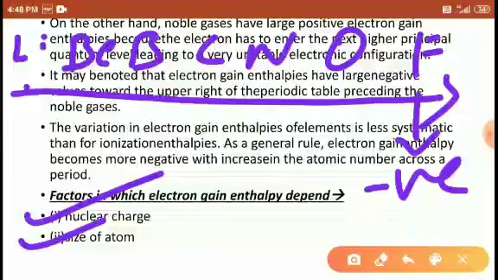The atomic size of fluorine is very small because electrons are present in the same shell as the protons increase. Once again, electrons are present in the same shell as the protons increase, so that's why fluorine's size is very small. Second one, nuclear charge. Nuclear charge is very high. Its size is small, meaning its nuclear charge is so strong. Its nuclear charge being so strong means it accepts electrons more easily, so more energy is released, so that's why it is more negative. Understood, students?